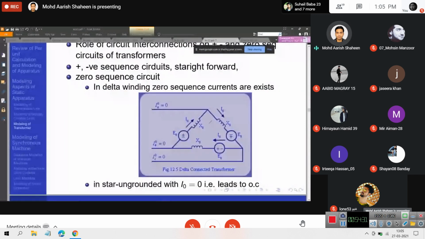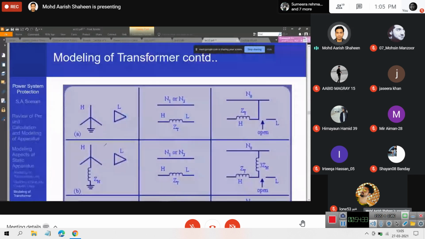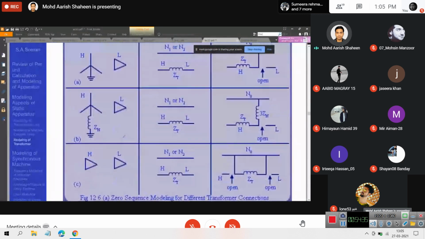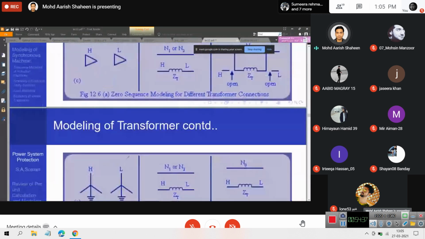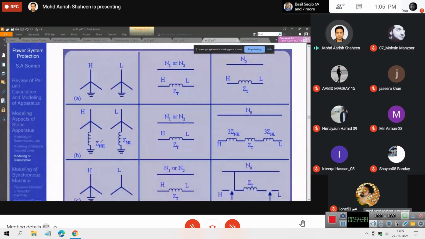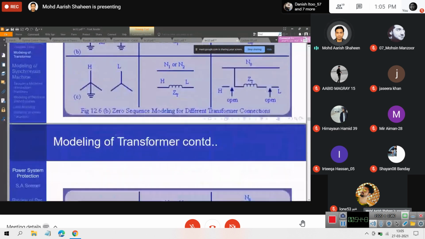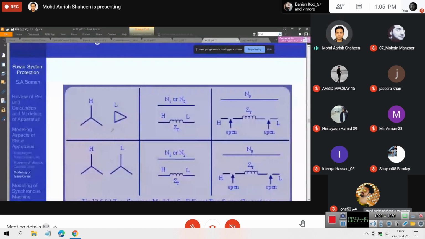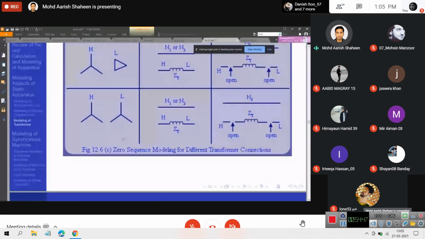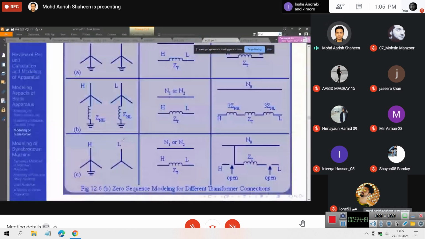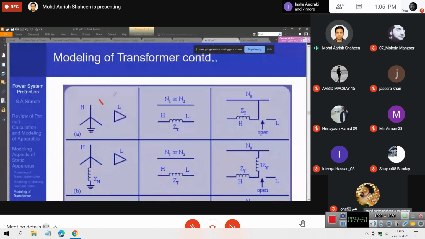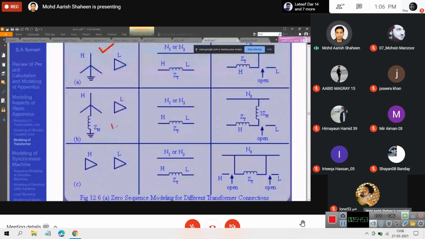ठीक है, ये आपके पास है, इसको हम कहते हैं star delta connection. We have a ground star delta connection. We have a delta delta connection. We have other connections as well. This is grounded star grounded star. This is reactance grounded. This is ungrounded. ये कभी use नहीं होता है. This is ungrounded. ये कभी use नहीं होता है. ये भी ungrounded है, ये कभी use नहीं होता है. In practice, we typically use this connection. ठीक है, हम ये करते हैं, ये वाला use कभी कभी, not very commonly.